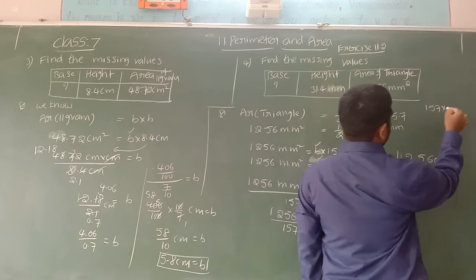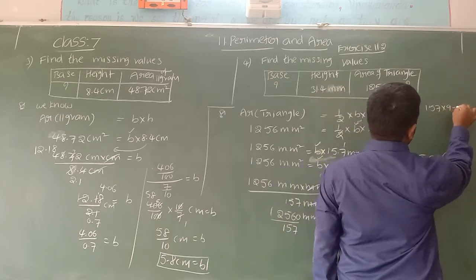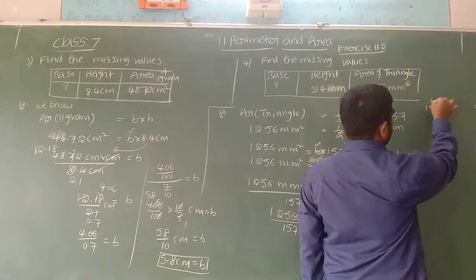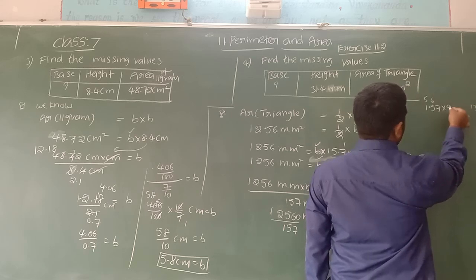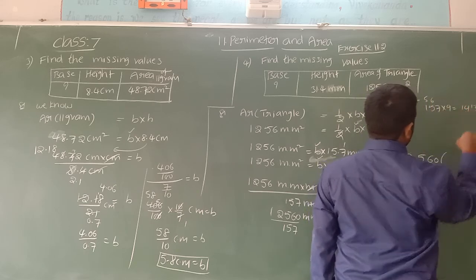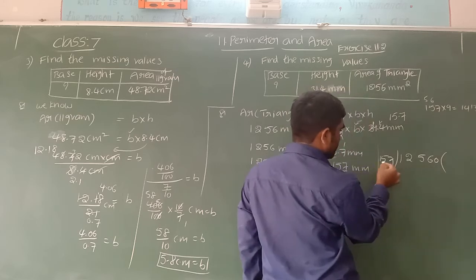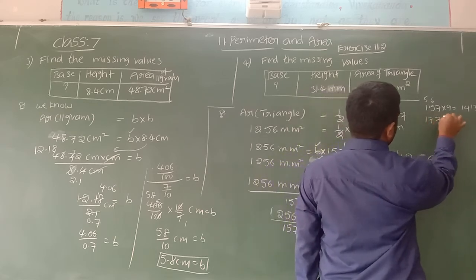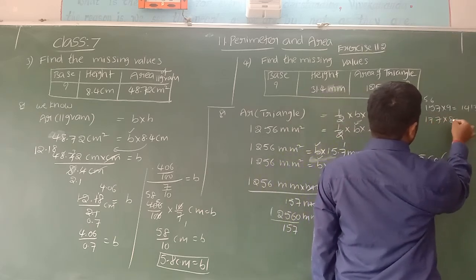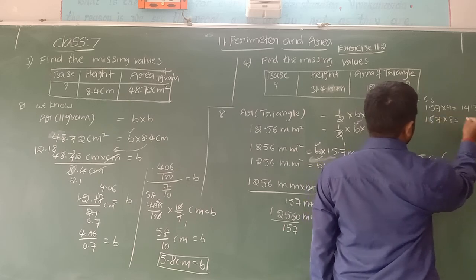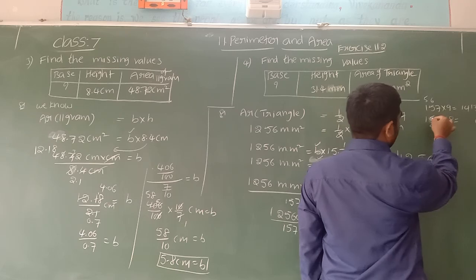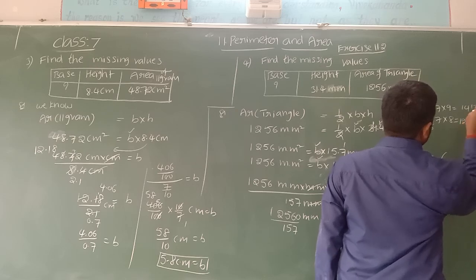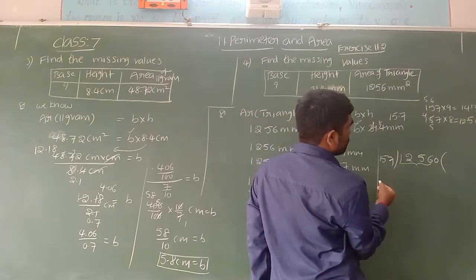Let's see, 157 table. If I take 157 into 9, 9 7s are 63, 3, 6 carry. 9 5s are 45, 45 plus 6, 51, 15. 9 ones are 9, 9 plus 5, 14. So it is more than this. Here we have 3 digits, we take 3 digits, but not possible. Let me take 4 digits also. Now let us take 157 into 8. 8 7s are 56. 6, 5 carry. 8 5s are 40. 40 plus 5, 45. 5, 4 carry. 8 1s are 8. 8 plus 4, 12. 1256. So how many times is it going?